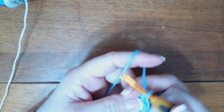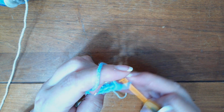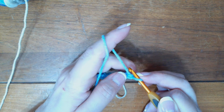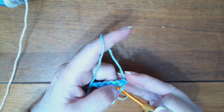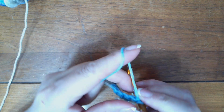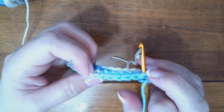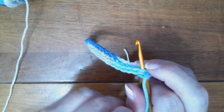at the end of each row, turn my work, because now I always have to go in the second chain from the hook, so I never count the chain that I just made. But I'm gonna start right in the very first single crochet here. And I go under both loops, both top loops, the V stitch, it makes a V. So I go under both of those loops, both the front and the back loops,